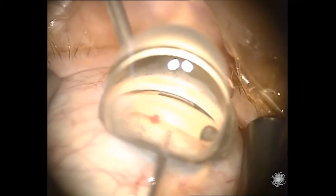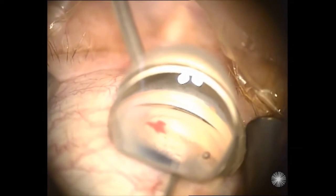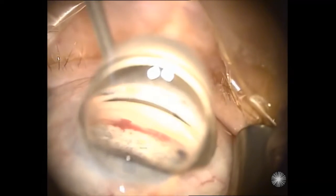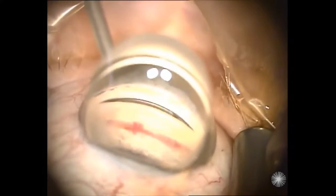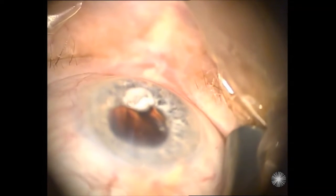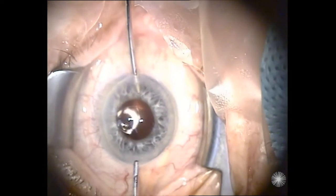We see a very good blood reflex, and we will implant the second iStent approximately 2 hours apart from the first one. And once more, we see a very good blood reflex. We monitor the blood reflex easily and try to see if there's any kind of abnormality or excessive bleeding. Everything is okay. So we remove the prism and we will correct the position of the head of the patient,